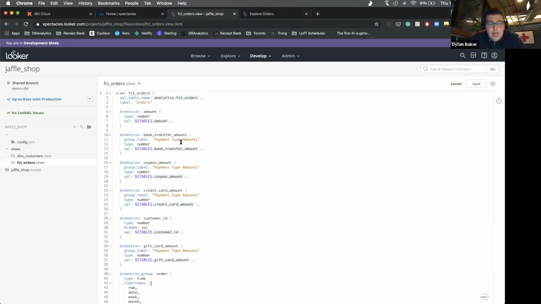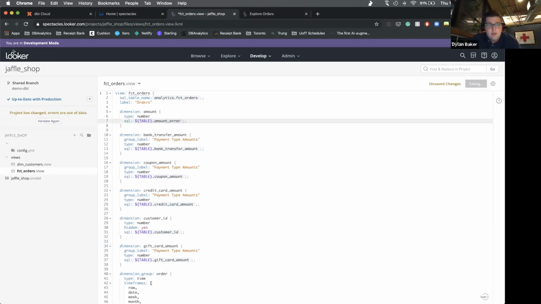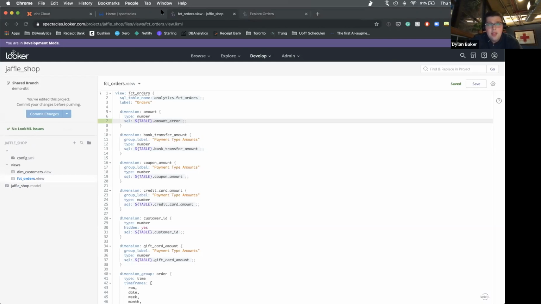What it's less good at, and what is particularly important when you're dealing with transformations that are happening before the warehouse, is understanding if the SQL that you're telling it to generate is actually legit. So if I put that in, I'm going to validate in Looker, and it's going to tell me, yep, that's all fine. And so I could conceivably push this according to what Looker tells you in the IDE, and not realize that I'm pushing something that's going to break for the end user.